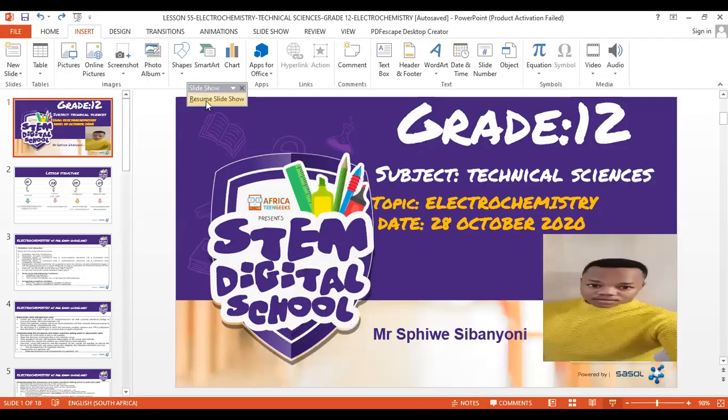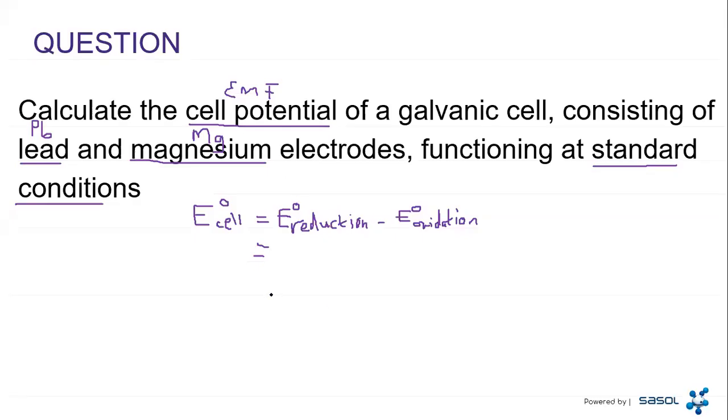We say, okay, the lead was at the bottom, so it will undergo reduction because it's the strongest oxidizing agent, and its value was negative 0.13 minus E naught oxidation. And we saw that the magnesium electrode is the one that will undergo oxidation because it was on top. It was a stronger reducing agent. And if I remember well, we saw that the value is negative 2.36. And then we go to our calculator